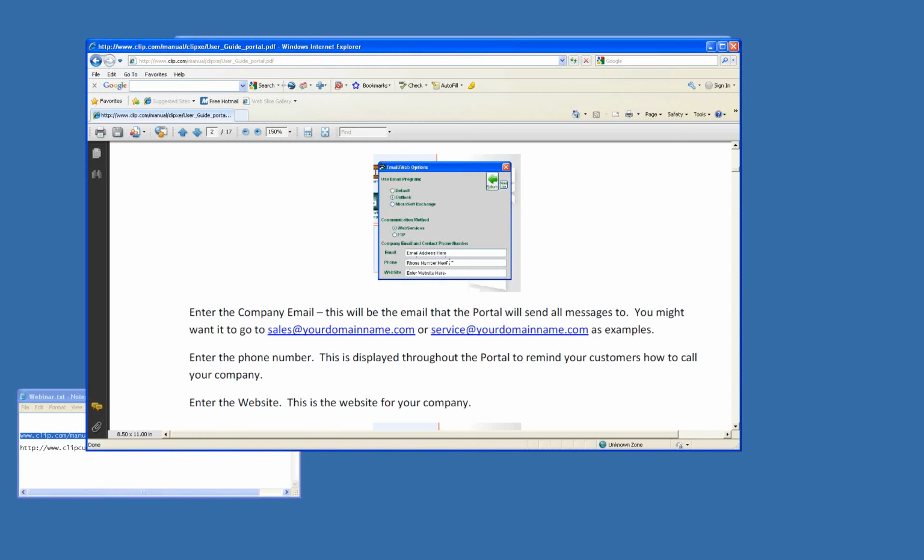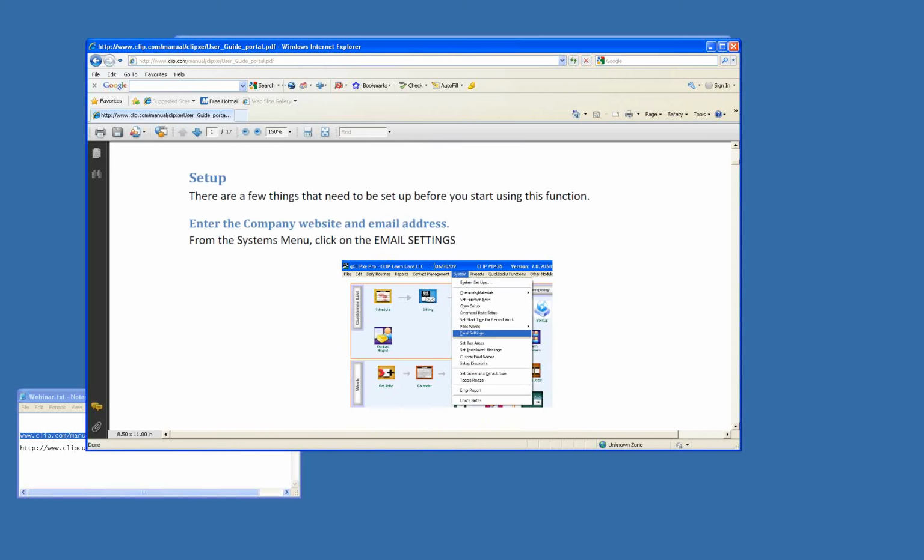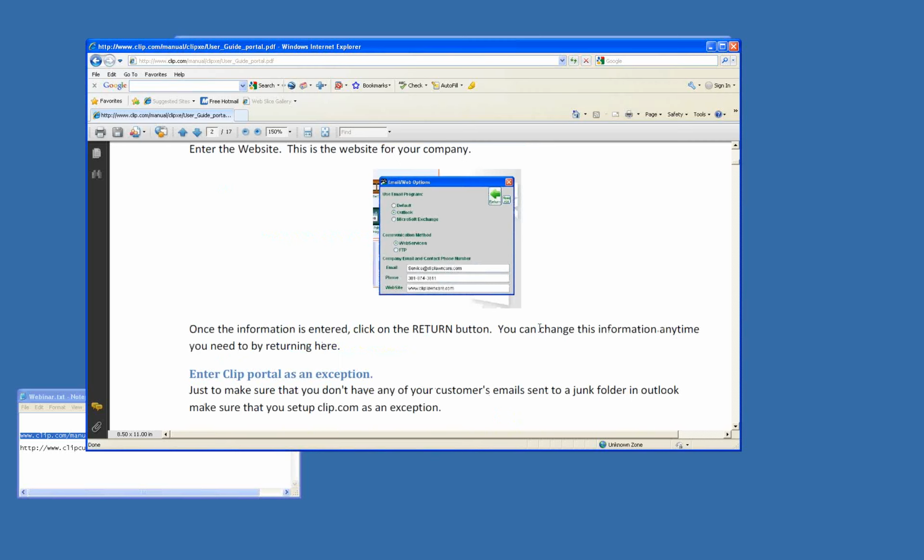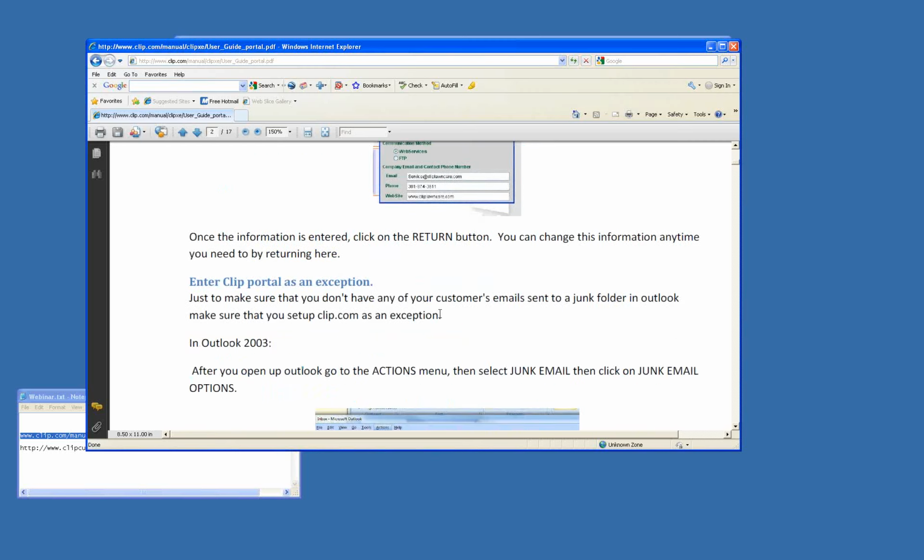And then your phone number, and that's going to show on the website. It'll say, here's my phone number and how to reach me. And then your website, because for any information being sent to your customers, they want to know how to get a hold of your website. So those are the three things that you need to enter in there. You do that by going into the system email settings and setting up your company right there. Once that information is in,